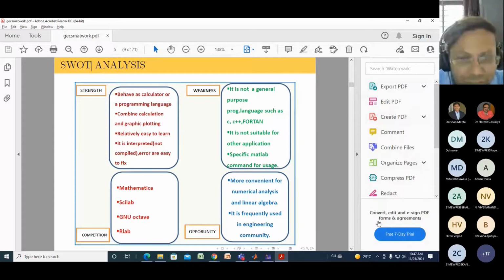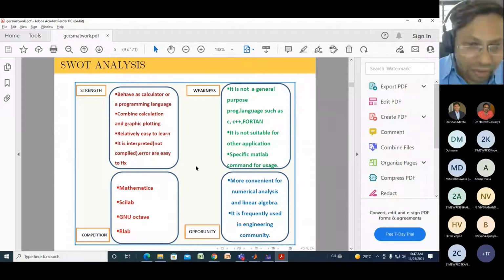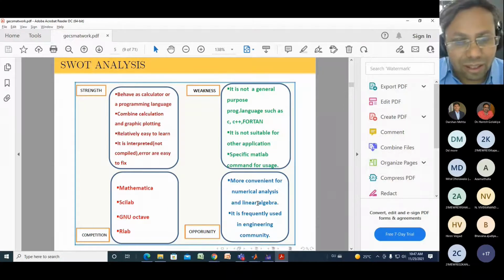If you are having a very complex equation, a very complex formula, it becomes easy because it solves in a fraction of a second. And second, you can plot anything with the help of the graphic facility. Another advantage of MATLAB is it is relatively easy to learn. Why is it easy to learn? Because many of the command macros or syntax are in the form of English, so you can easily learn all the syntax.